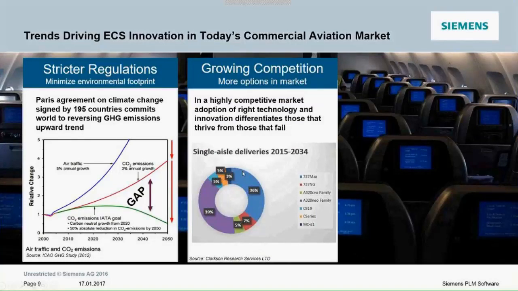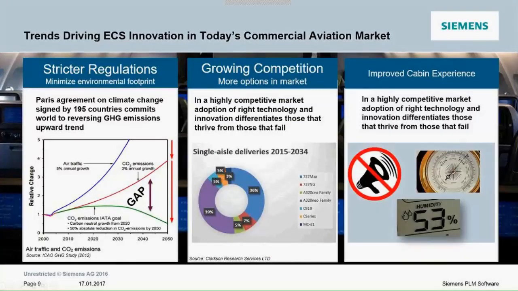The other thing we know is that the number of entries into this market has gone up dramatically. We now have Airbus and Boeing, but there are new entries from everyone from Mitsubishi to Comac to Avic. So a lot of people are trying to get into the industry. So there's more competition, and ultimately